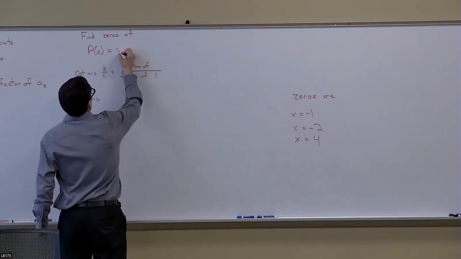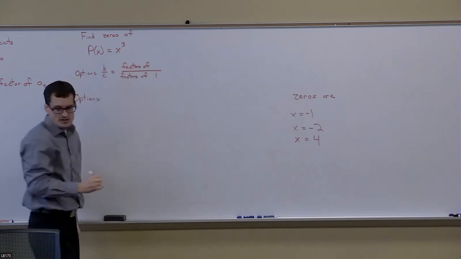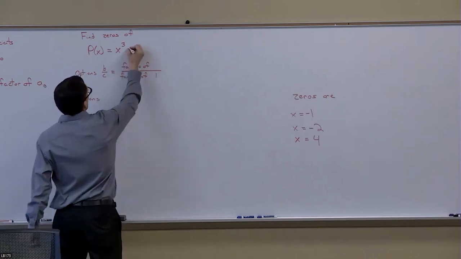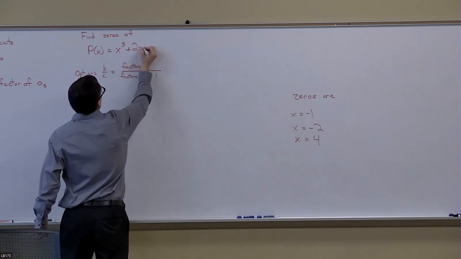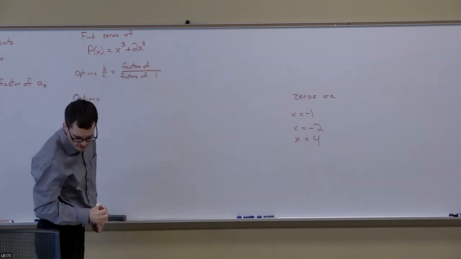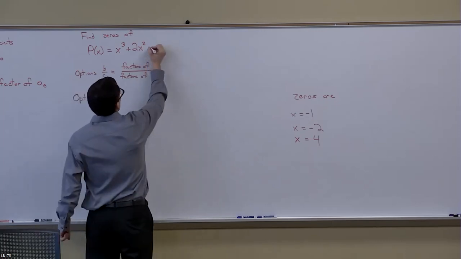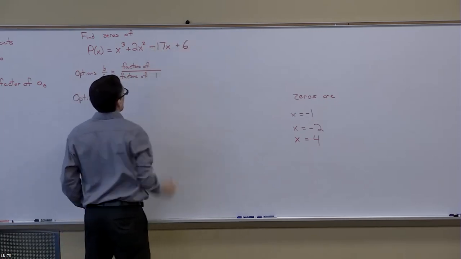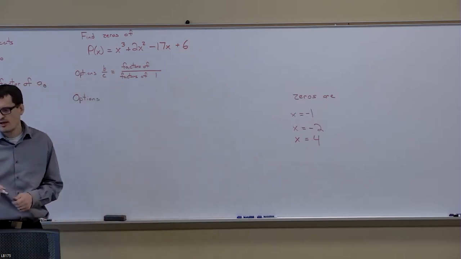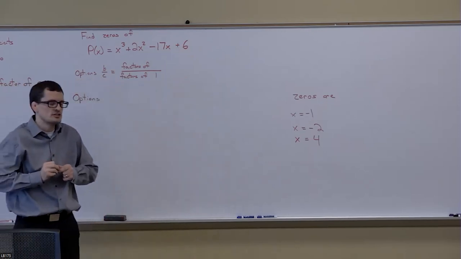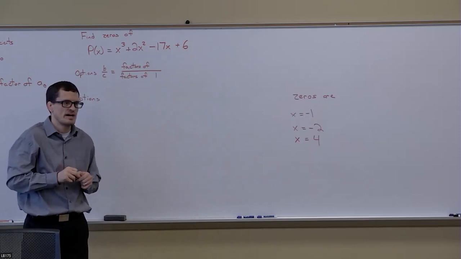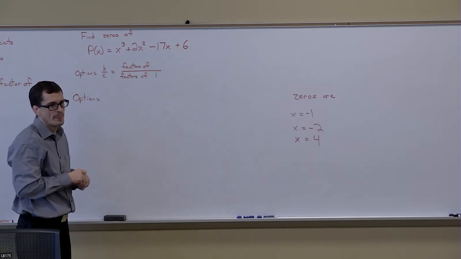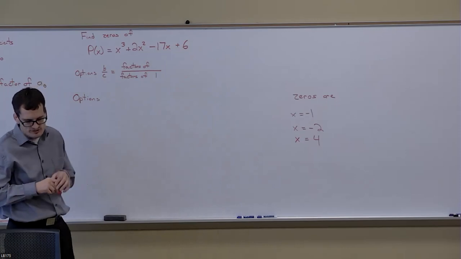Let's find the zeros of x to the 3rd plus 2x squared minus 17x plus 6. Again, we have integer coefficients on all of my terms in the polynomial, so I can use this rational zeros theorem,